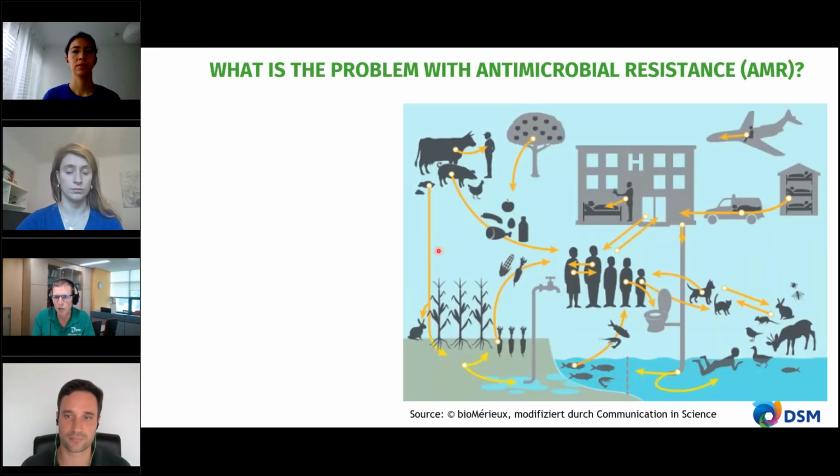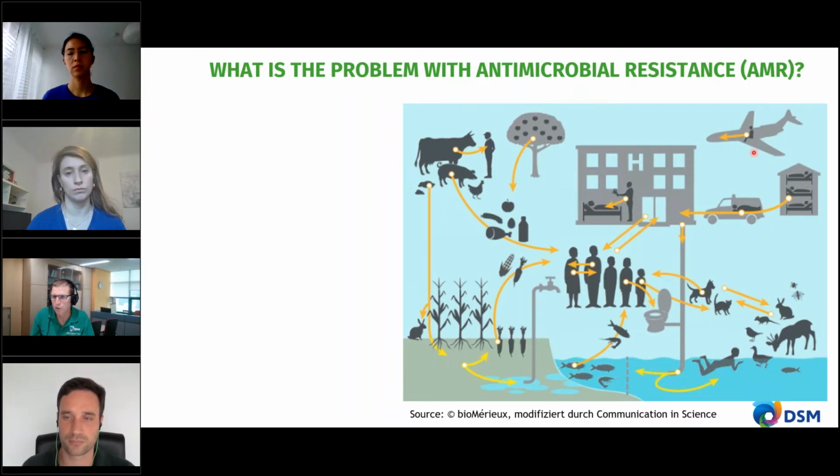Well, when we start looking at antimicrobial resistance, this schematic here just gives you an indication of the pathways where antimicrobial resistance, these plasmids, can be transferred around the environment. And we are focusing on this top area here in terms of antibiotic use in animals and how that antimicrobial resistance can be transferred to the workers. But we also know that food, the crops, the animals that eat the crops, these plasmids can get into the water supply and become another source of food. But there's also, we can swim, we have wild animals defecating into that water source, we have our companion animals, and there's lots of different ways that these resistance can be transferred.